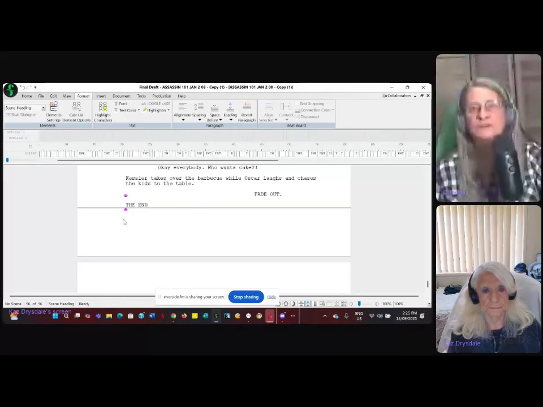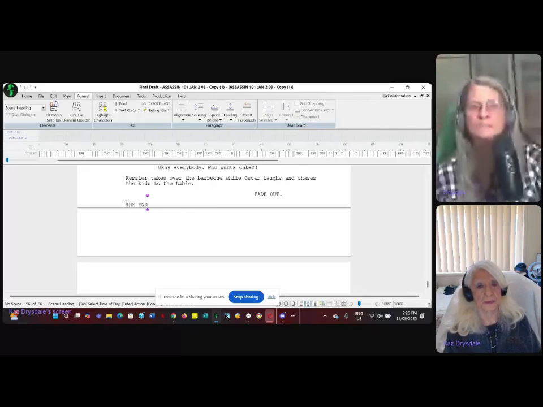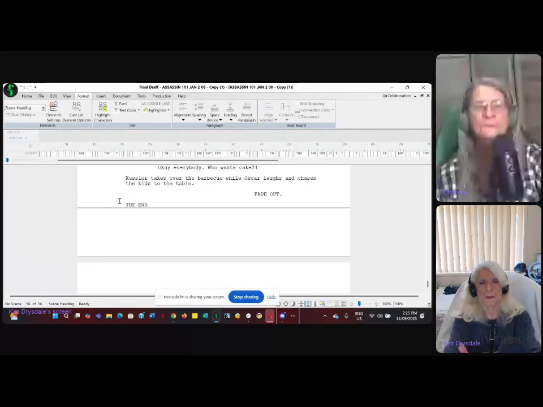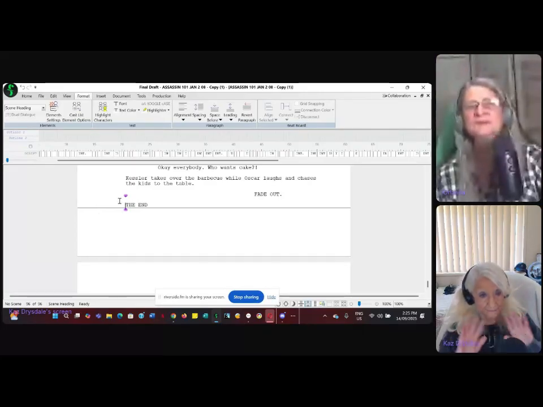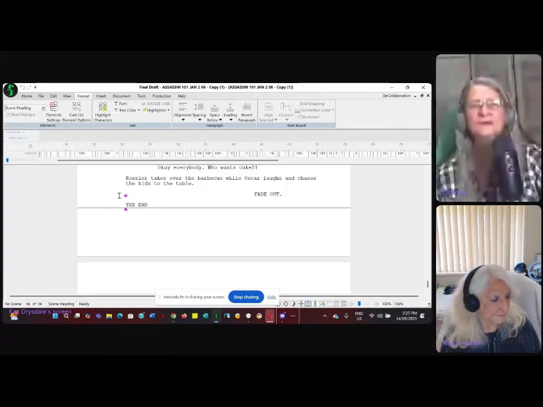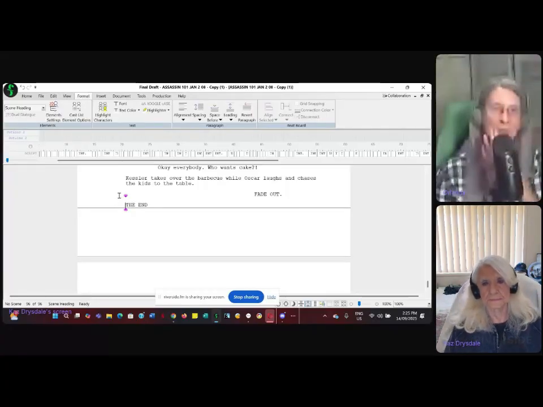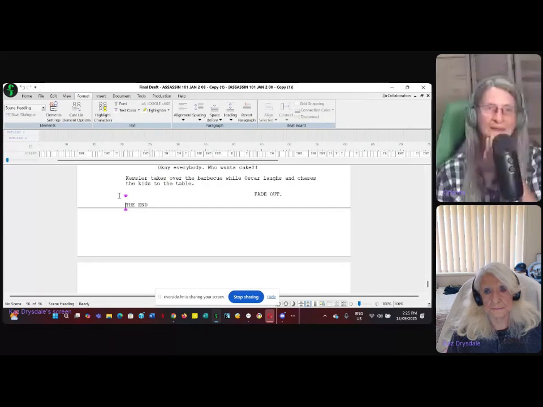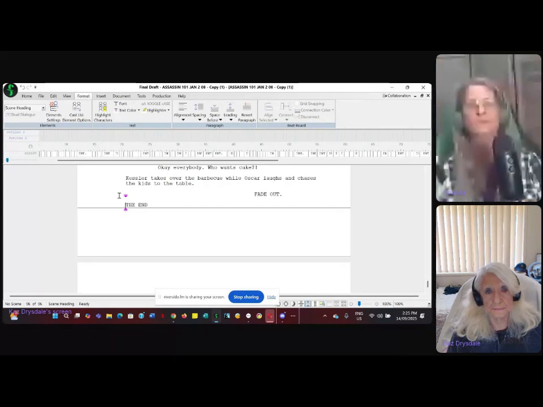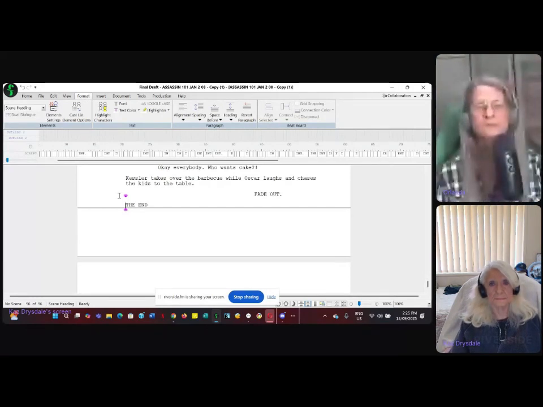The whole point is just to break them up so they're not lining up with the fade out. And that would be the finish of the script. And that's all of the elements that were used within that particular script.